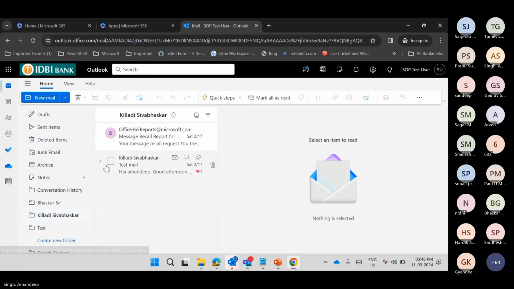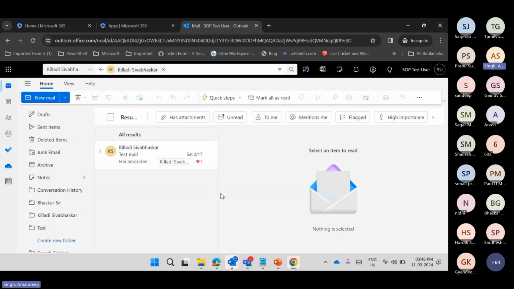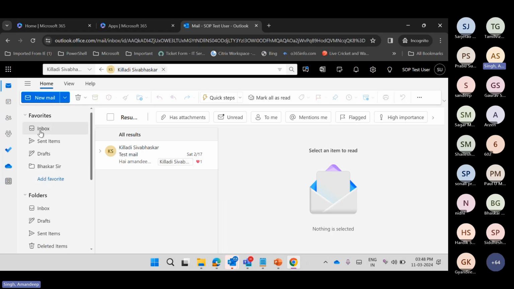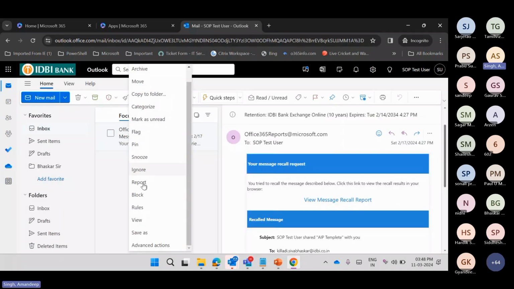Or else, if you want to find related conversations from this sender itself, you can just choose that option, and it will list all your emails that are part of that conversation. Okay. Now coming back to the same option,